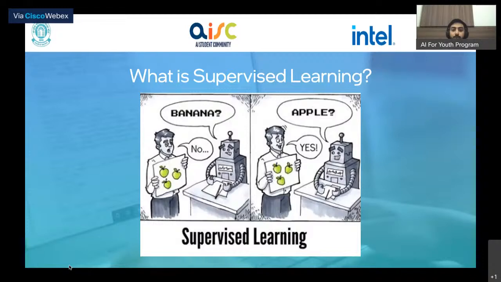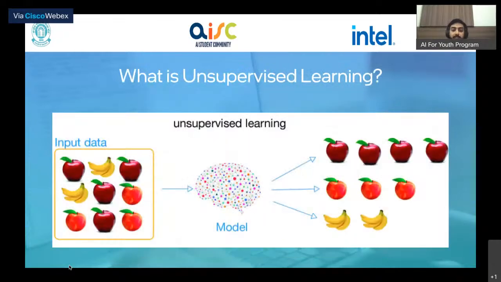All right. So I hope you've understood what is supervised learning. Let's take a look at unsupervised learning. In unsupervised learning, as the name suggests, we are not supervising the learning process of the system. If I take the same example of apples and bananas, let's say we have collected 100 images of apples and bananas, but we have not labeled each and every image